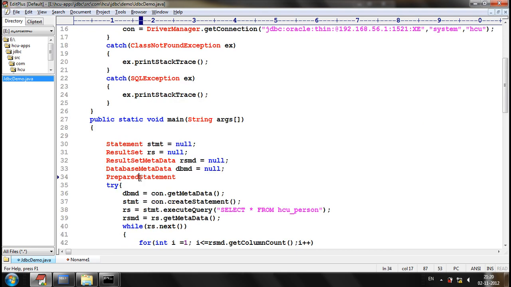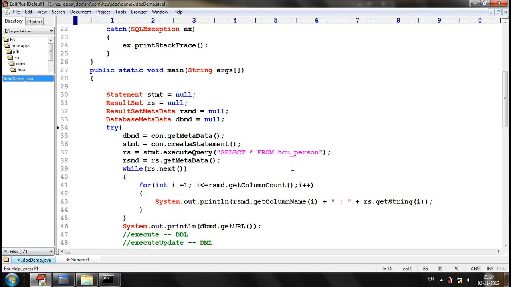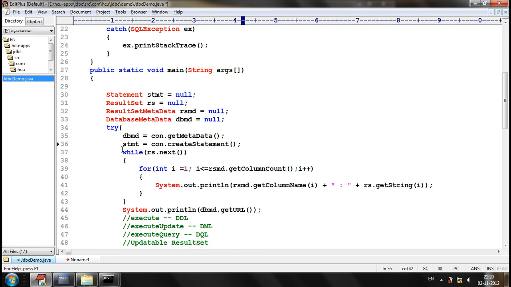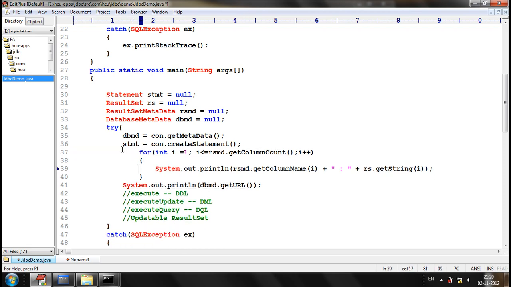Now, before discussing what the PreparedStatement will do, let me try to insert some 100 rows into the database. Let me try to do that using a statement. Understood my requirement, I need to insert 100 rows into the table of the database. So I will write a for loop. It's a simple for loop. Rather than creating 100 objects or 100 different statements, what I will do is,